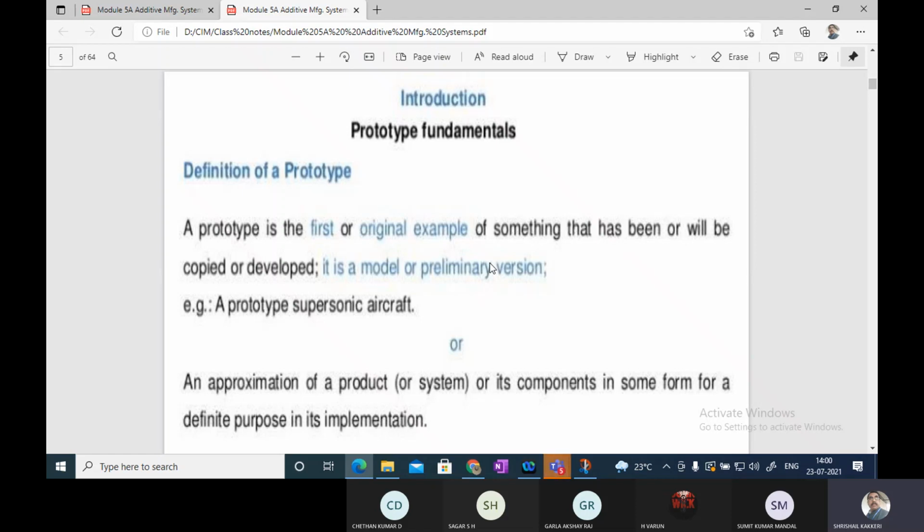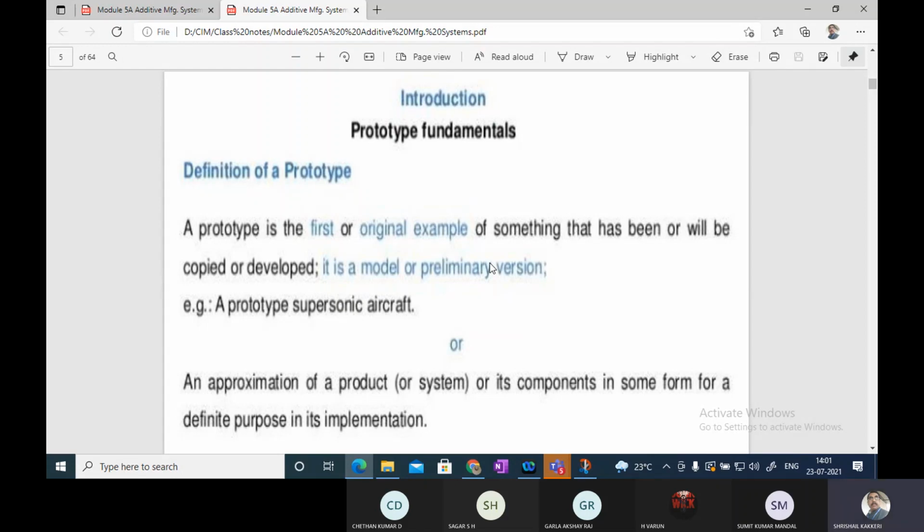You can see that in CNC motions, we have 3 types: PTP, point to point, a straight cut and contouring. The contouring requires more than 2 degrees of freedom motion of machining. Correct? The tool will not be moving along just the X or Y or Z axis, but will be taking the reference of all the 3 axes at a time. Due to this, what happens? We get a very, very complicated shape.